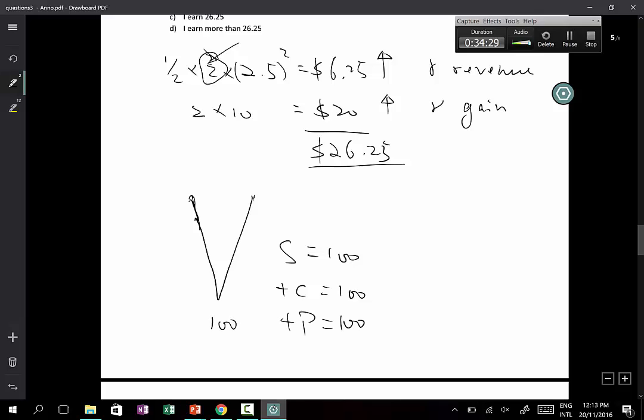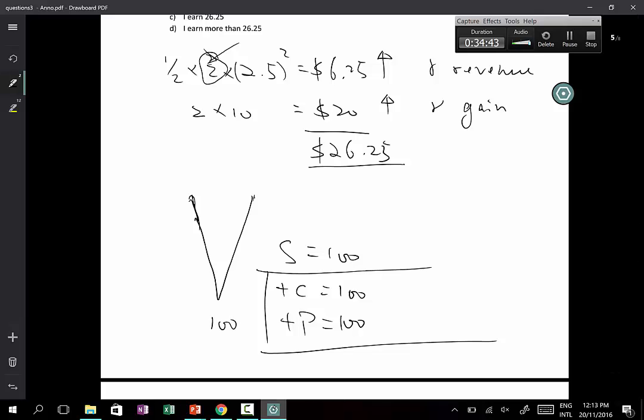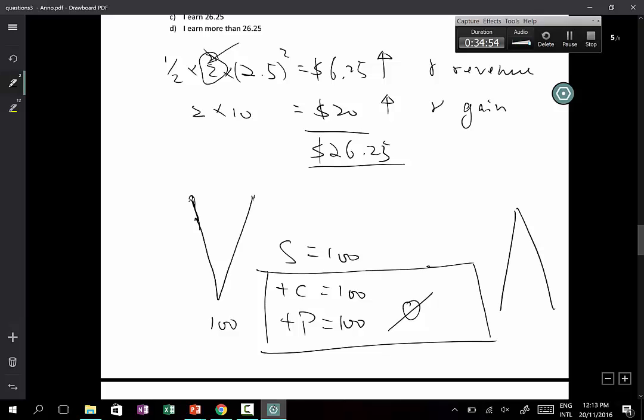Now, what do you think would be the approximate value of your delta if you are long a call at 100, just approximate, and you are long a put at 100? And the spot price is 100. It would be approximately 0. And likewise, if you are short the call and short the put,